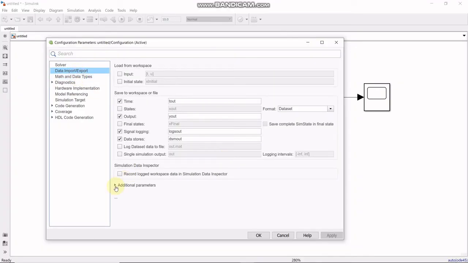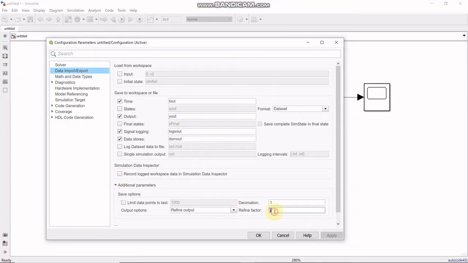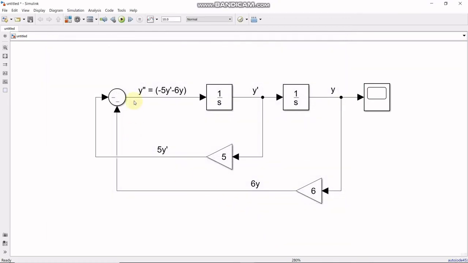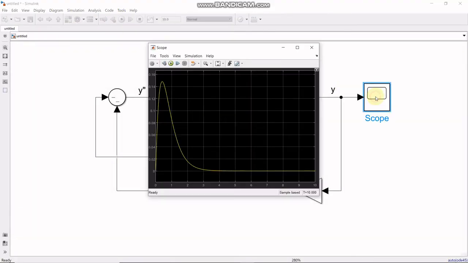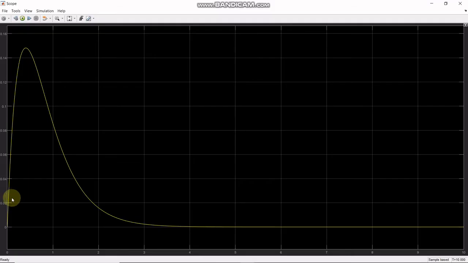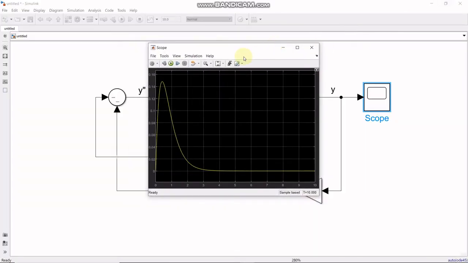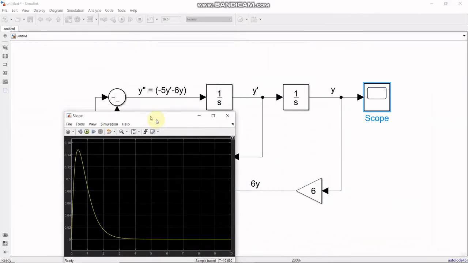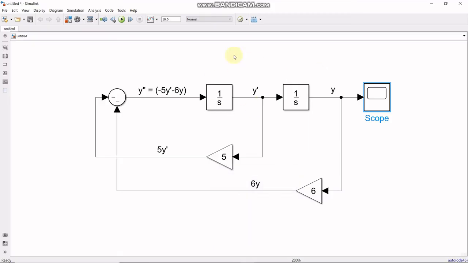Sorry, data import and export. So refine factor of 10. Let's see how we can refine the output. So we run it again and check the outputs. So we can see that we're able to refine the output of y. So that is an example of the second order differential equation using Simulink modules to solve